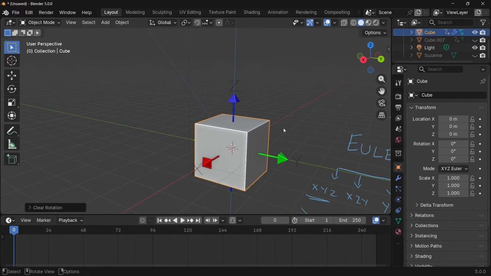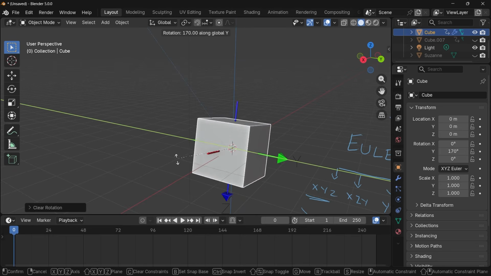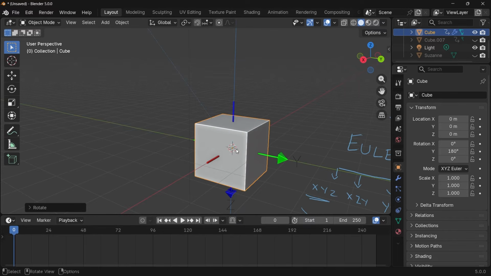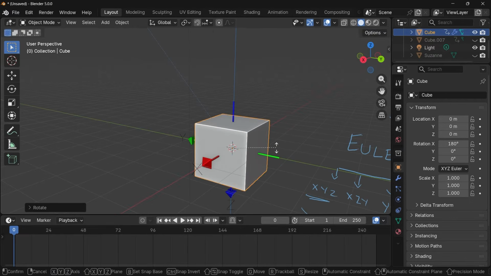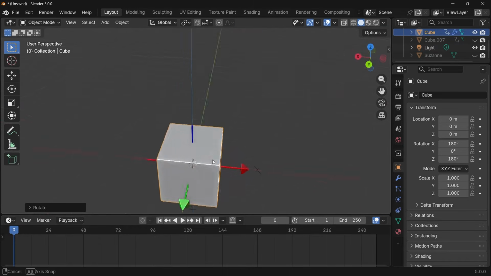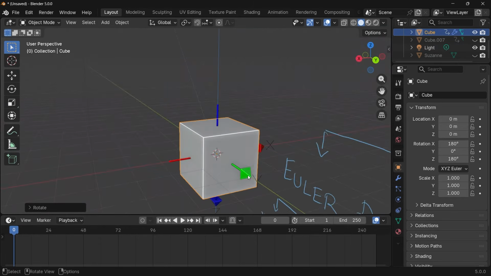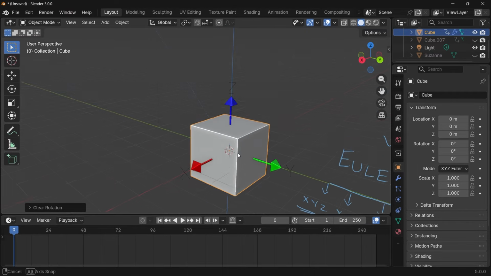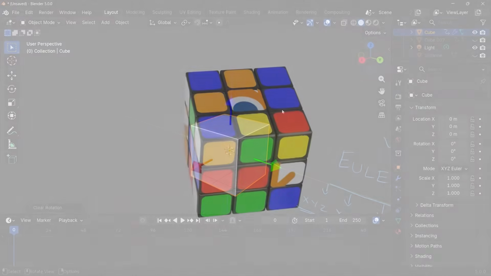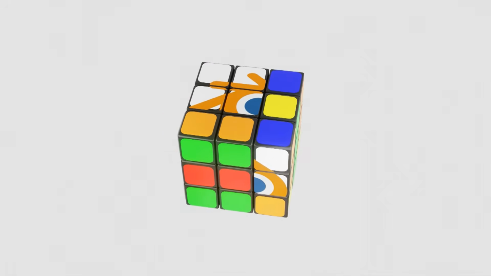So if you see, this rotation is simply a rotation about the y-axis by 180 degrees. But you can get that exact same rotation by first rotating about the x by 180 degrees and then rotating about the z by 180 degrees. That gives us the exact same orientation as just a rotation about the y by 180 degrees. Now, in this very simple situation, it's easy to see that, okay, it's the exact same as just a rotation about the y. But often in more complex animations, maybe like this animation where you're animating a cube, you don't